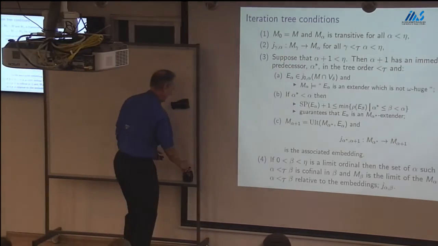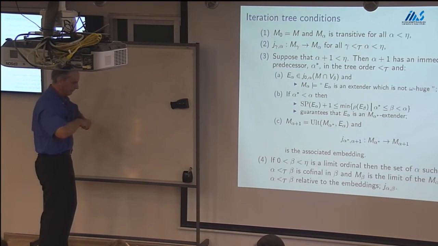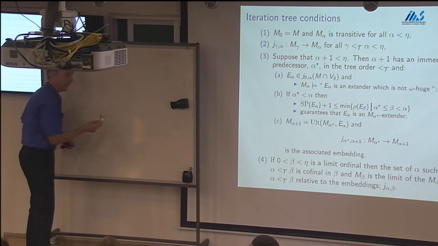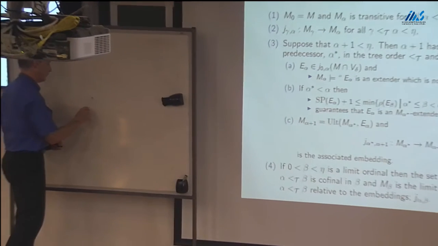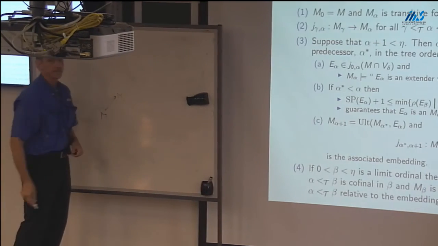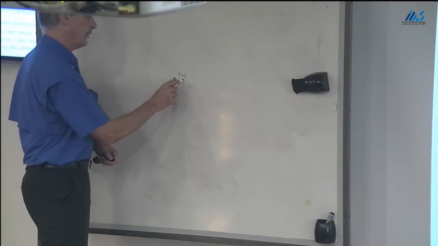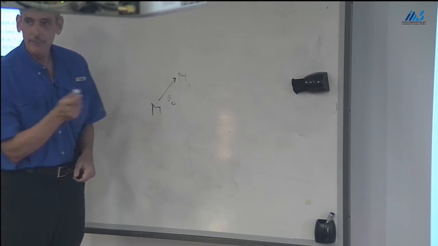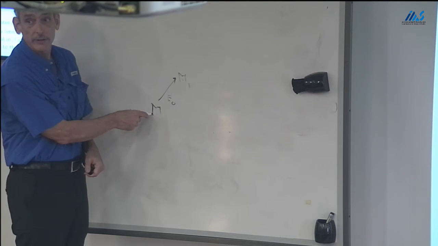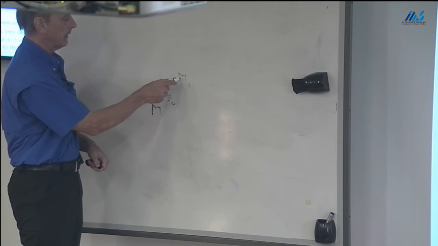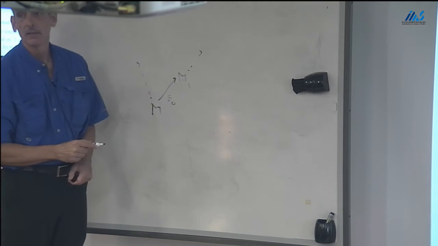So here's what's going on. You start with your model, M. Now you take an extender in the model and you take an ultrapower. Okay, that's what we would do in the usual theory. And we might get a model M1. Now you choose an extender here. So this is by the first extender. Now you choose an extender here. But there may be enough agreement so that this extender here is actually an M extender. So you could apply that extender here if you wanted, or you could apply it here, and so forth.